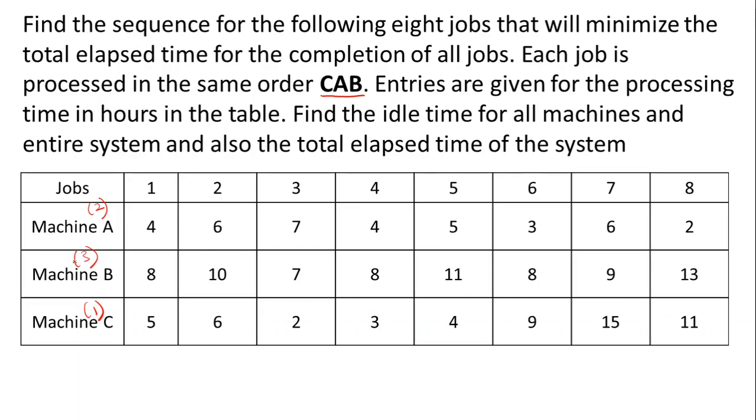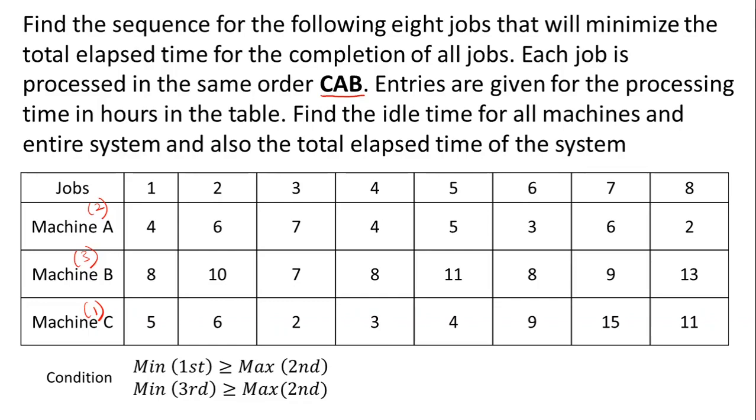In general, we cannot directly solve the problem where we have n jobs and 3 missions. So we have to convert this problem such that the same n jobs remain, but the number of missions is converted from 3 to 2. Once that conversion is completed, we can sequence the jobs and carry out the problem. So what is the condition that has to be met? This is the condition to be followed.